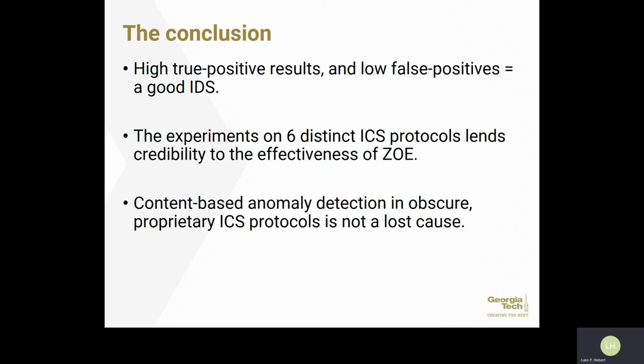The takeaway is that content-based anomaly detection isn't dead for ICS networks. It's not a lost cause, even though it is difficult to determine the structure and contents of binary protocols on ICS, and even though we don't have inside knowledge of the construction and structure of those protocols. Machine learning can go a long way in helping us understand what ICS messages should look like on a network, and better spot anomalies in them and possibly detect malicious activity.